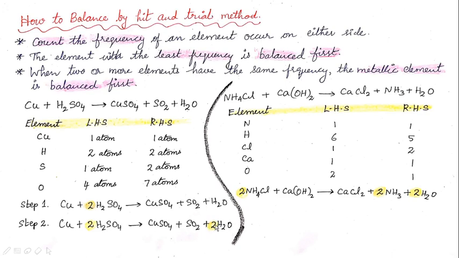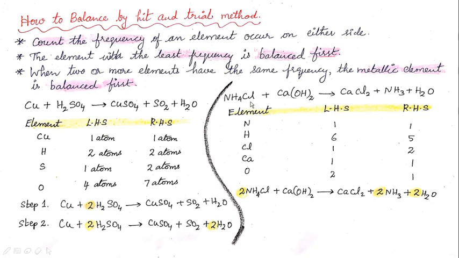So hydrogen atoms also become 4 now. Oxygen is also balanced. After balancing, the correct formula is Cu plus 2H2SO4 gives CuSO4 plus SO2 plus 2H2O. The first form of this chemical reaction is known as a skeletal equation. A skeletal equation is nothing but the unbalanced equation, and the one at the end, which I have written, is now called a complete balanced equation. Whenever you write any chemical equation, it should be balanced correctly.